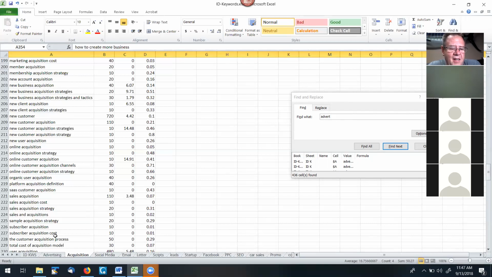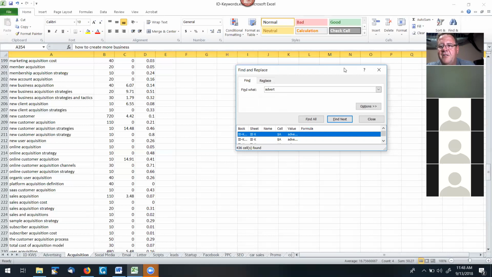My hope is to get these all into these folders, and then I'll take each one of these and I'll sift and sort them again and create specific landing pages within acquisition, specific landing pages within advertising, specific landing pages within courses. And each landing page is going to have the keywords that are absolutely specific to that landing page. So hopefully that makes sense. It's a very, very different strategy than I've ever taught before, because most of the keyword research I've taught in the past has to do with SEO. Now we're talking about doing it in paid ads.